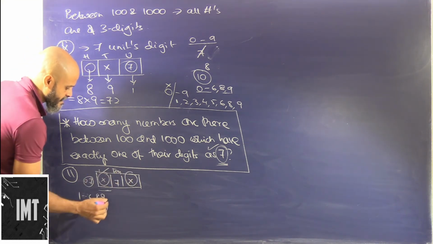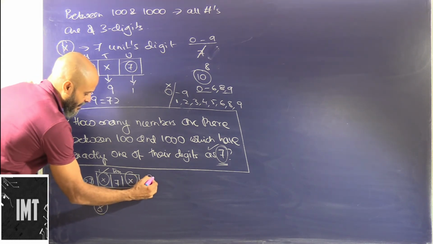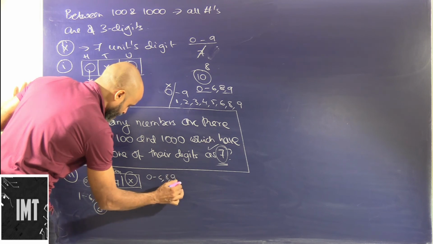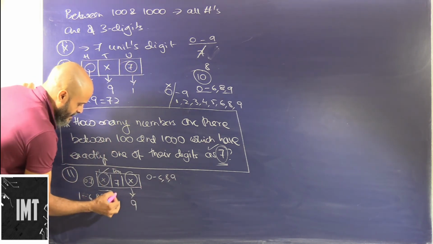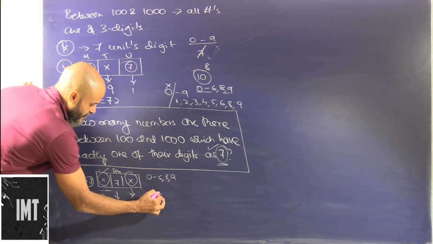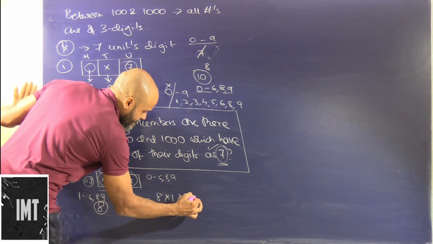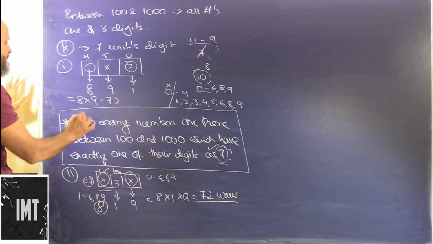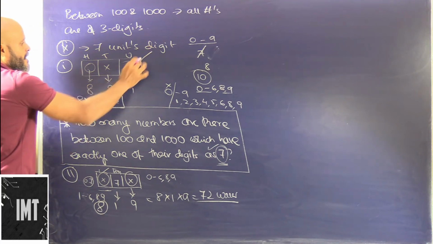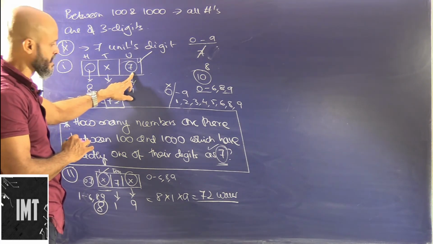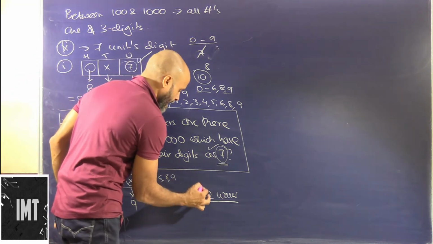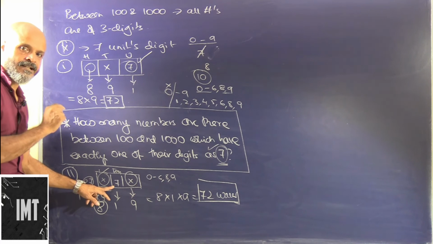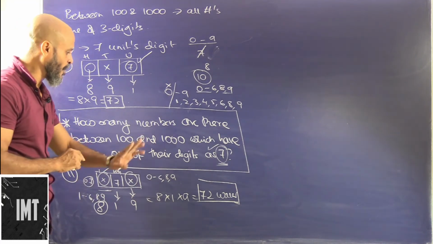Now the units place can be selected from any numbers between 0 to 6 except 7, 8 and 9. So this will be again 9 ways. The tens place is of course one way. So this will be 8 into 1 into 9 ways, that is 72 ways. So 72 ways for selection of 7 exactly as a units digit in a 3-digit number, and 72 ways for selection of 7 as a tens digit exactly in forming a 3-digit number.